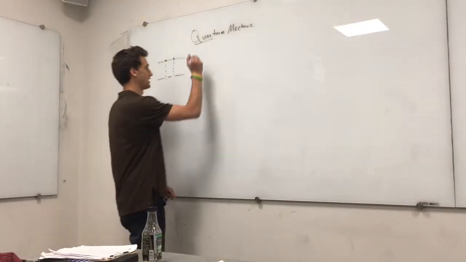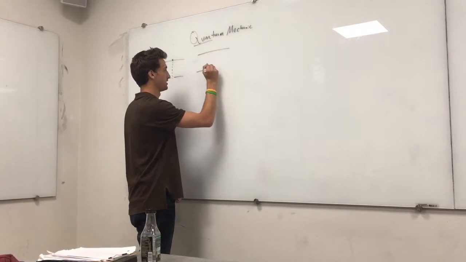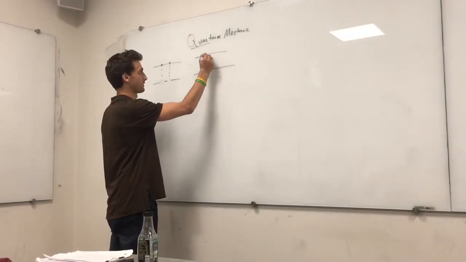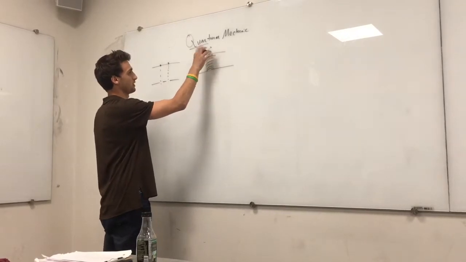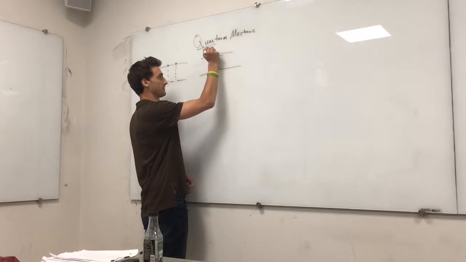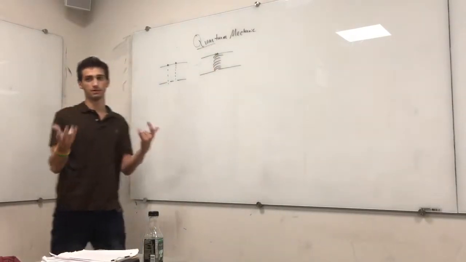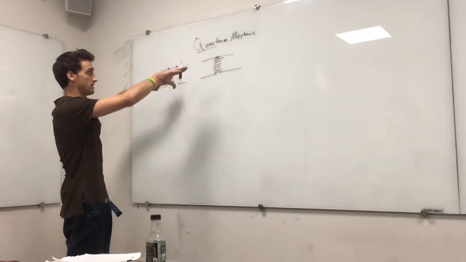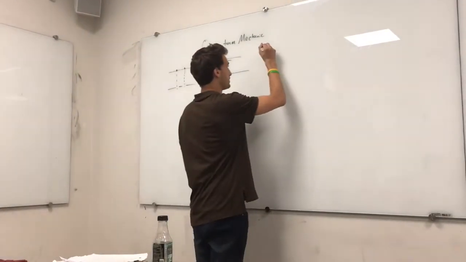Now let's look at classical waves. If we have a single slit, what happens to the waves? The wave will come in and hit the detector at the most intense point. It'll have some fuzziness around the edges of this point, but that's just because the intensity is decreasing. If you put two slits